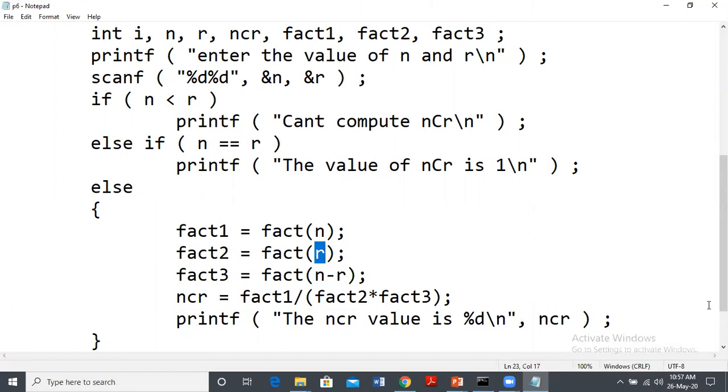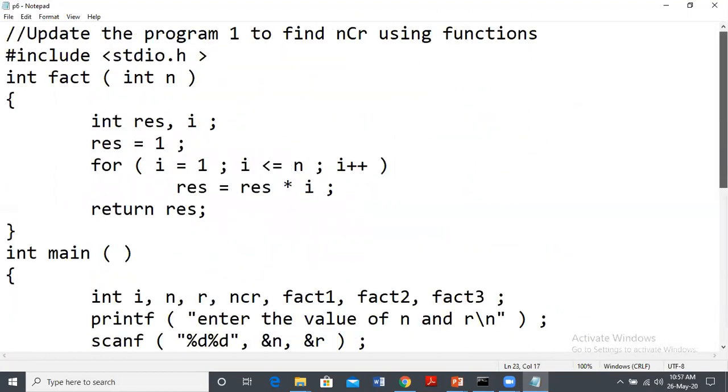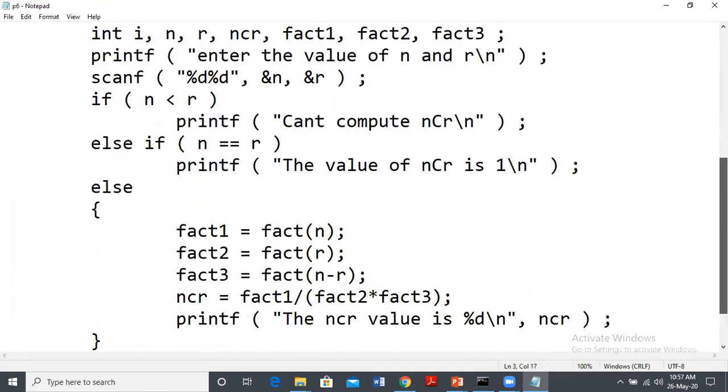So this is the value of actual parameter r, 3. It gets copied to the formal parameter n. So n becomes 3. Now we have to find 3 factorial, 3 into 2 into 1. So 6 is the answer that is getting returned back. Control comes back here and then 6 is stored to fact2.